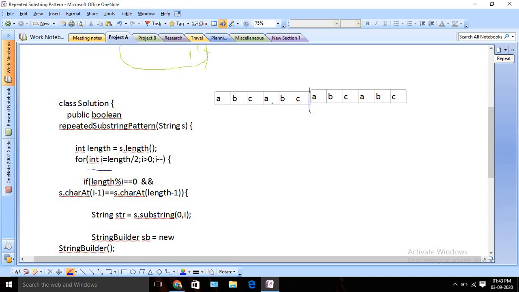Okay, so after that what are we checking? Suppose it's 6, and the total size is 12. In this case I know that if my substring size is 6, then it can be repeated twice. So 6 plus 6, it can be 2, right? Suppose in some scenario my substring size is 5 and the total actual size is 12. So should we do it? No, right? Because it's not possible. If my substring size is 5 and I repeat it twice, it can at max go up to 10, not 12, right? So we are not considering those cases. So we are checking length percentage i equals 0.